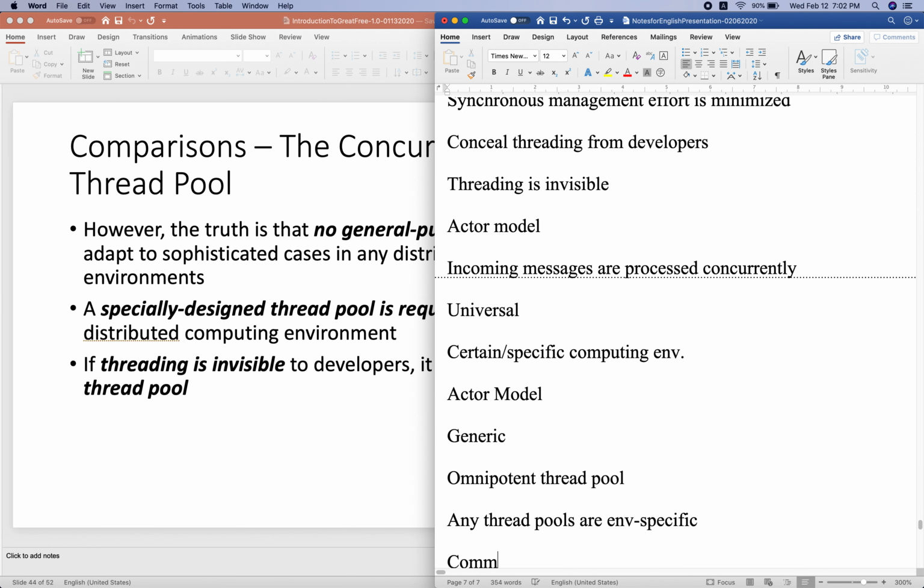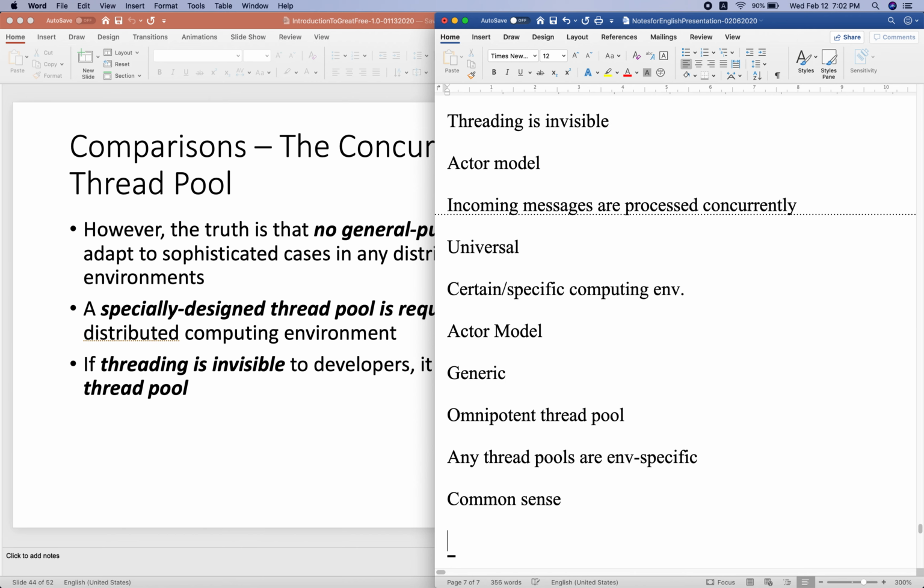If this is common sense, we need to investigate the specific computing environment case by case.